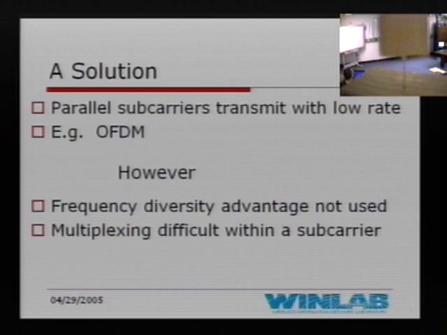So a possible solution, as we all know, is to transmit over parallel subcarriers. Take a high rate data stream and transmit it over parallel low rate subcarriers, like OFDM does. But there are several important things which an OFDM kind of signaling precludes. OFDM signaling puts different data in different subcarriers, and this precludes the possibility of putting the same information over several subcarriers and thus gaining some frequency diversity benefit, which might be very important for some applications. Especially if the channel is bad, I would like to get such an advantage.